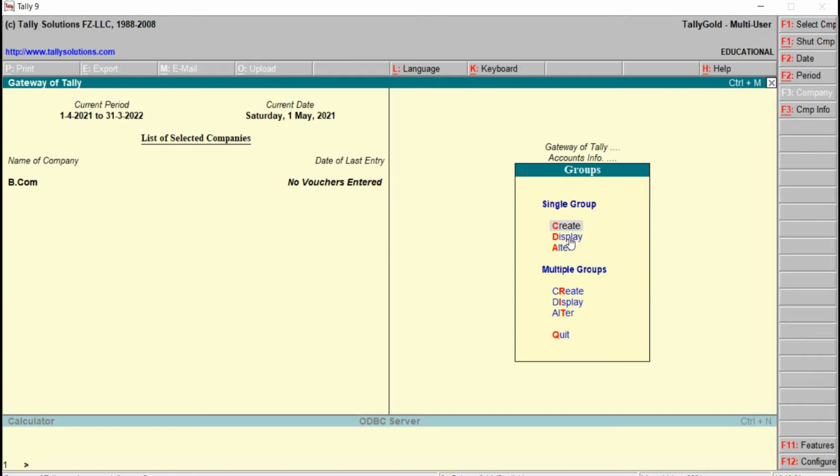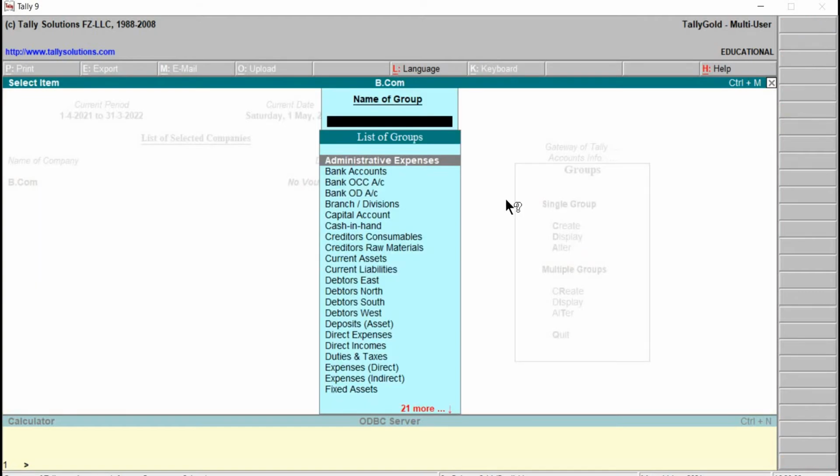Okay, single, let's go for display and here we can see D is in red color. We can either press the letter D or we can even click on Display. Just click on this one. We can see the list of groups available.